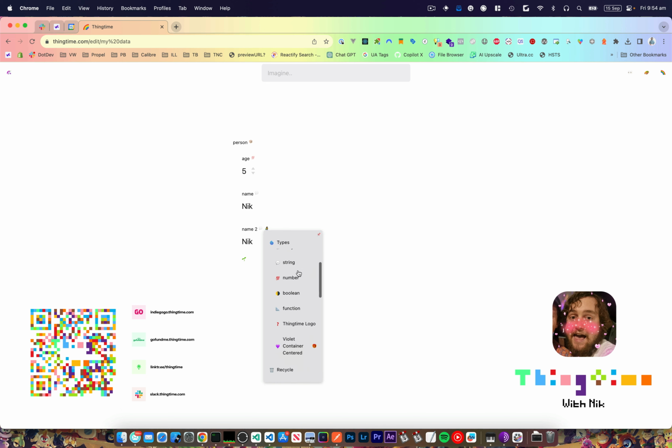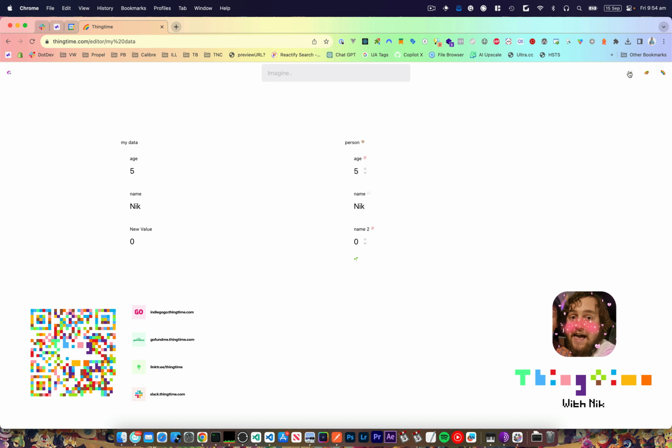There's also these menus where you can replace a property with a type. So I could set it to boolean, string, array, object, number, etc. And then there's these more complex types, which if you go to preview mode, so preview mode essentially lets you see the data in the